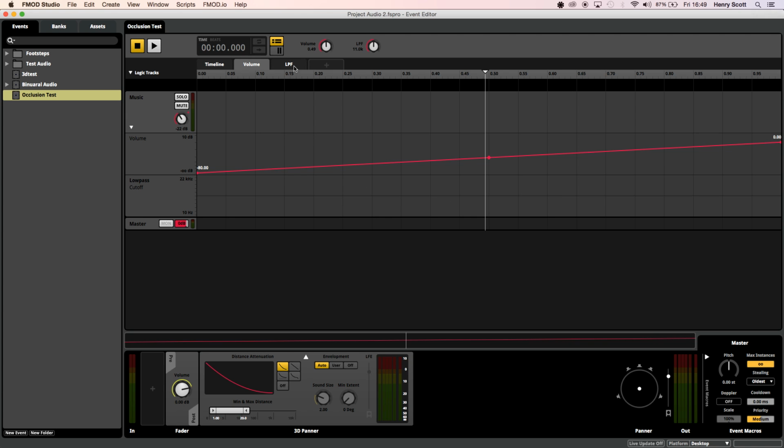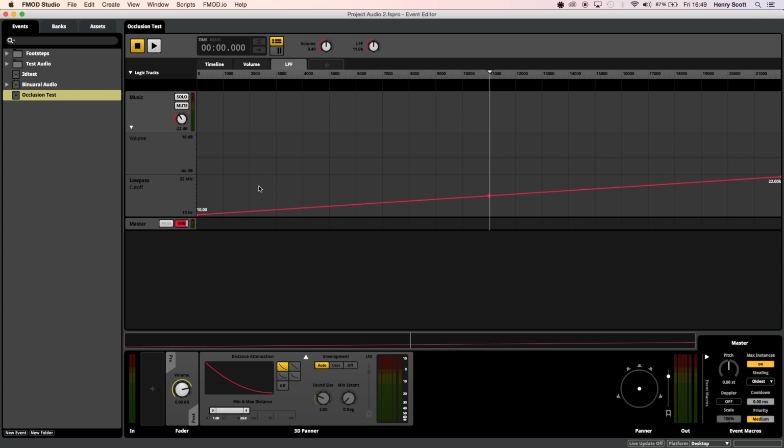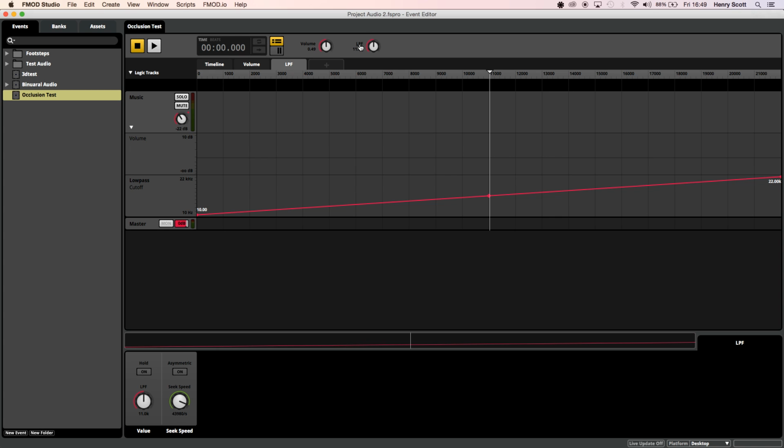Same thing for the low pass filter parameter, except I've set it from 10 to 22,000 up here. The reason I've done this is so that when we see it in Unity, we can determine exactly what frequency we want the filter to cut off at, which again I'll explain a bit more in a bit. I've also set up the seek speed, if I click on the parameter,